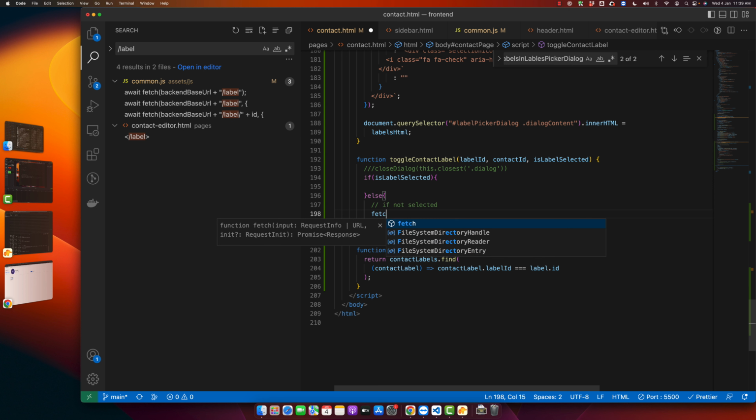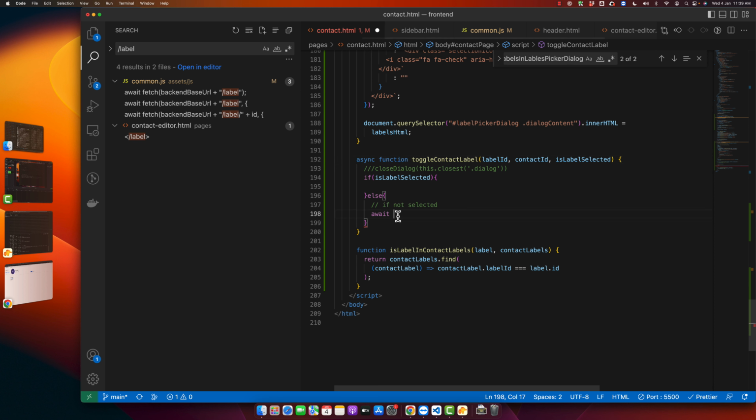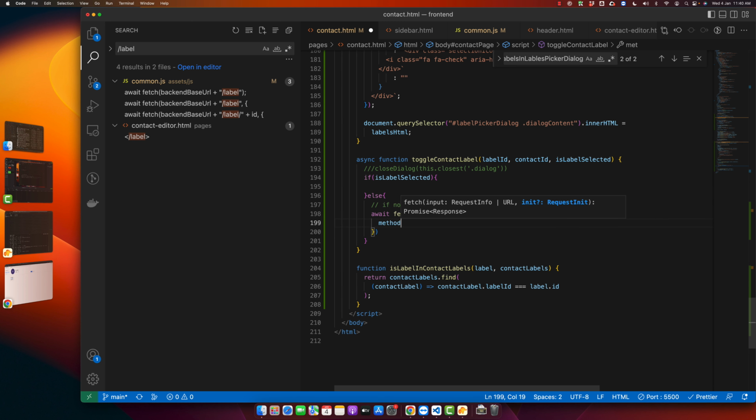So here I would use fetch. Before that, I need to add await. Here I have to add the async fetch. Here slash again contact labels, and the method this time would be post, and